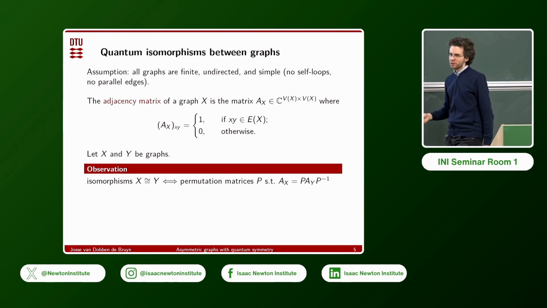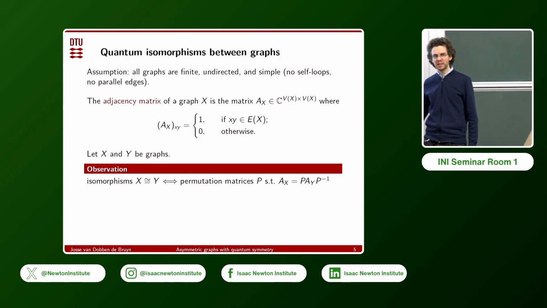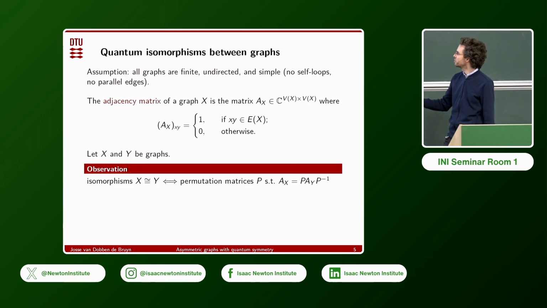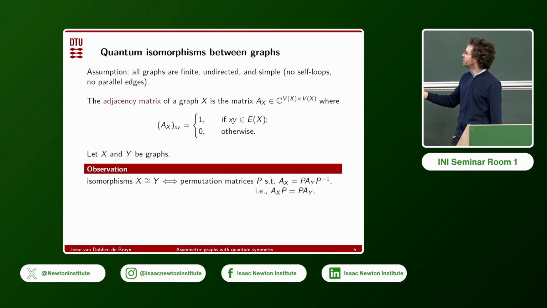So for graphs, we note that there's a classical isomorphism between x and y if and only if there is a permutation matrix P such that the adjacency matrix of x is P times the adjacency matrix of y times P inverse,